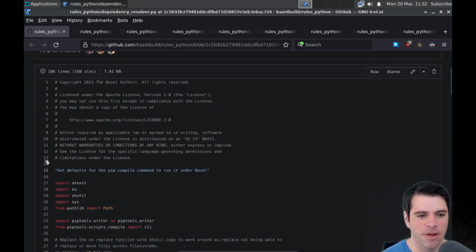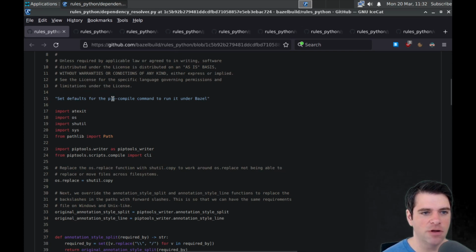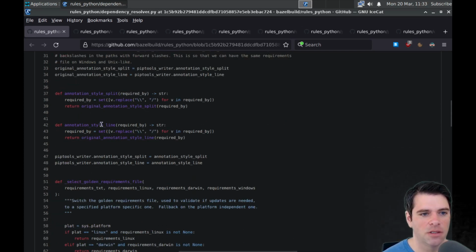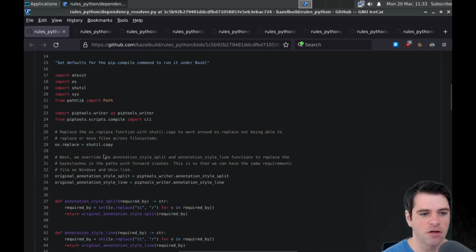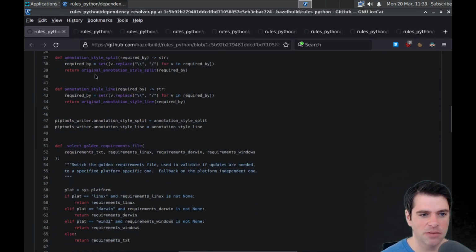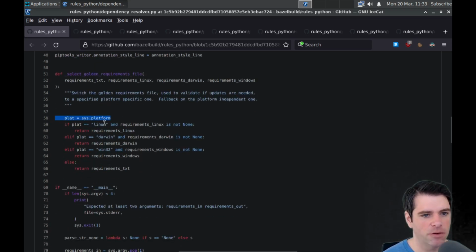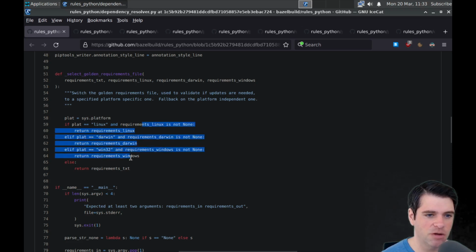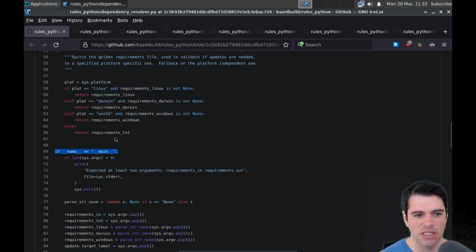All right, what else we got? We got dependency resolver.py. This sets defaults for the pip compile command to run it under Bazel. Dependency resolver. Annotation style stuff. Select golden requirements file. Switch the golden requirements file used to validate if updates are needed to a specified platform specific one. Fall back on a platform independent one. Okay. So we get the system platform and we might return requirements.linux. I guess you might have multiple requirements files and this one's just finding the one for your platform. And then we get this if name equals main stuff